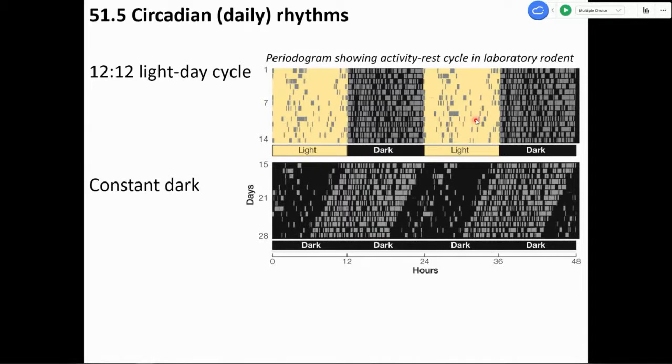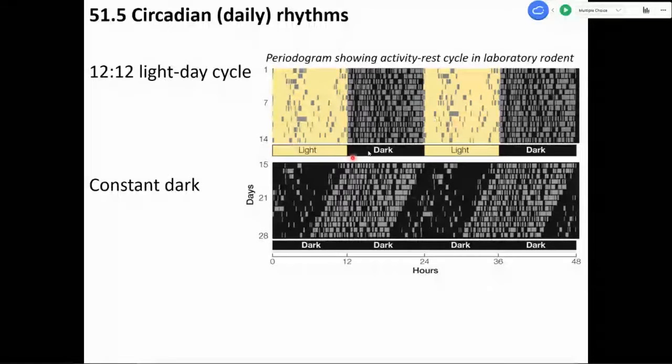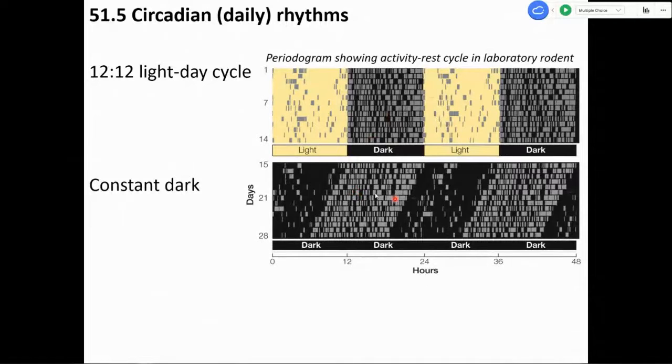If you then expose these animals to constant darkness, taking away any light signal whatsoever, you find that they actually carry on expressing some kind of inbuilt rhythm, although it's not perfectly 24 hours. These ones are getting slightly ahead of themselves, drifting over time. But nevertheless, that's why it's a circadian rhythm. It's about a 24-hour built-in time period they have. So although it's drifting, there is still this strong inbuilt rhythm that they maintain over a period of a couple of weeks or so.